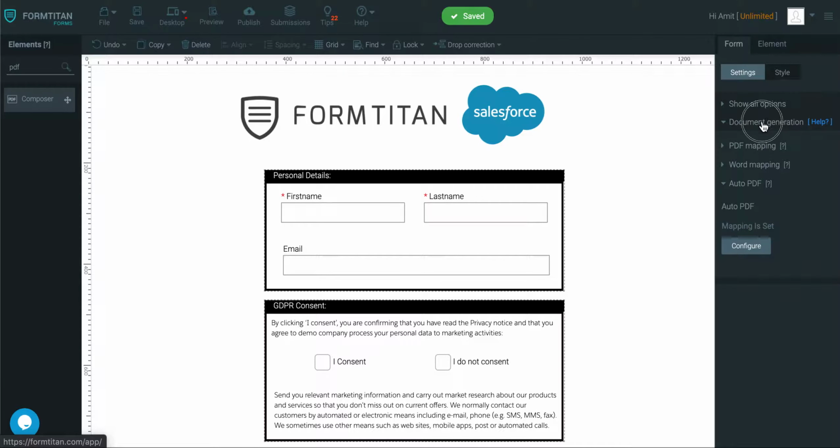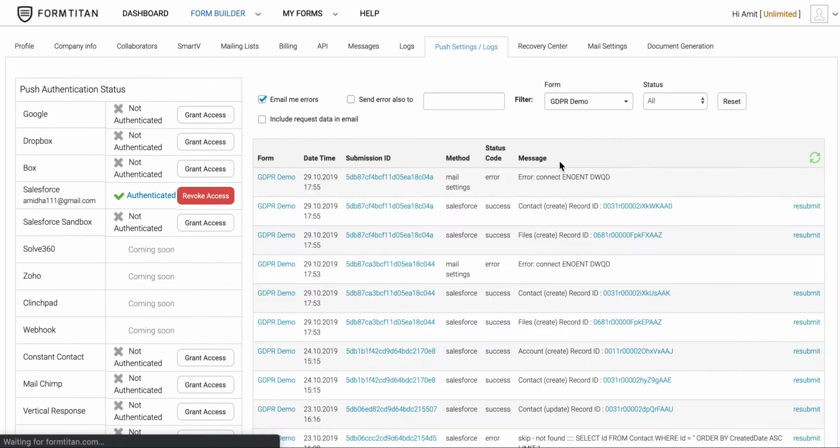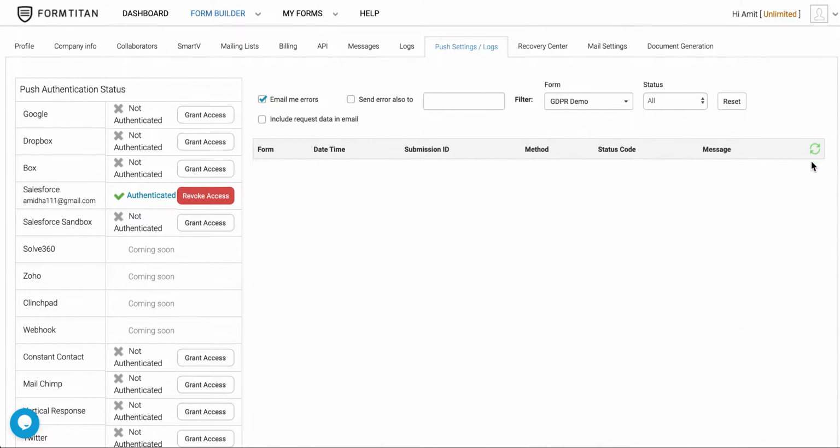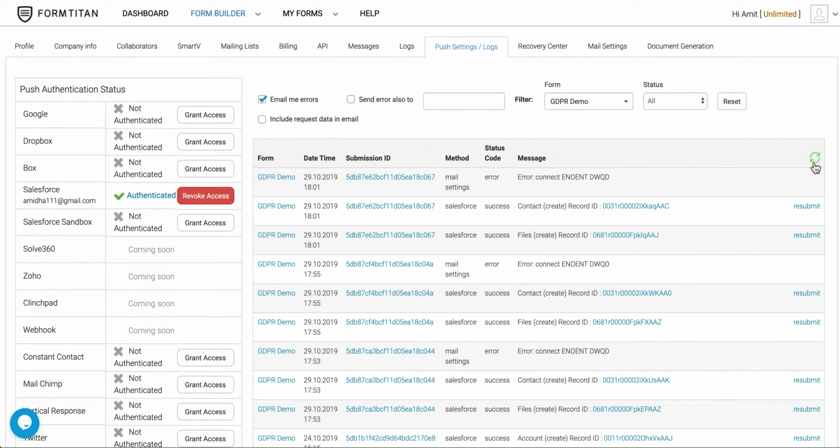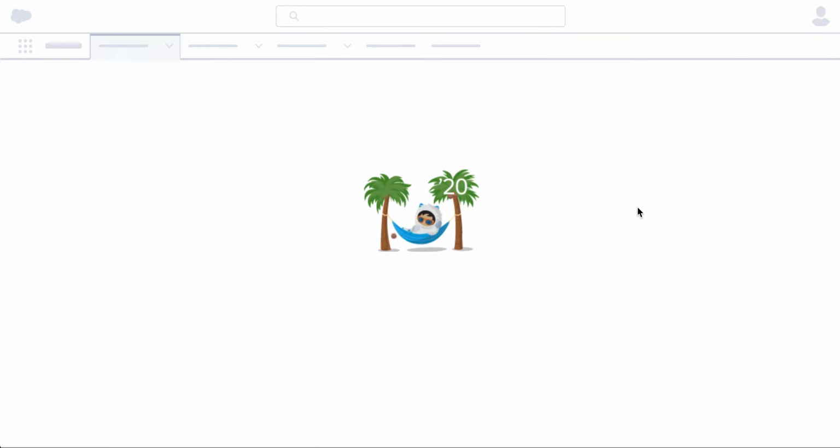And then we'll go and check in the integration log what's happened with that. Here's the integration logs. And it's 6 o'clock here, so let's wait. There is a contact. And there is a file. So if I go back into my contact now,